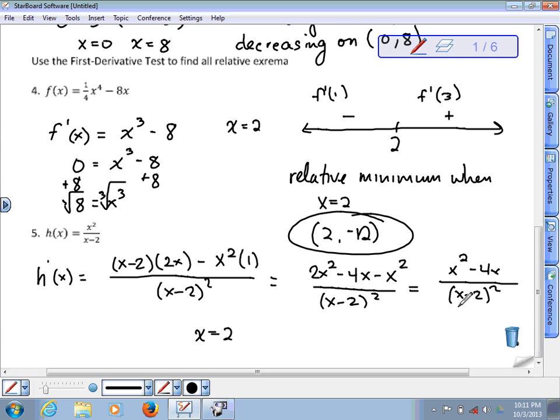Now we have to find out where the first derivative is equal to 0. Because it's a rational expression, it's only ever going to equal 0 when the numerator here is equal to 0. So there's two values of x that will make the numerator equal to 0. It's x equals 0 and x equals 4. So those are three critical values that we have. So if we test those, 0, 2, 4,